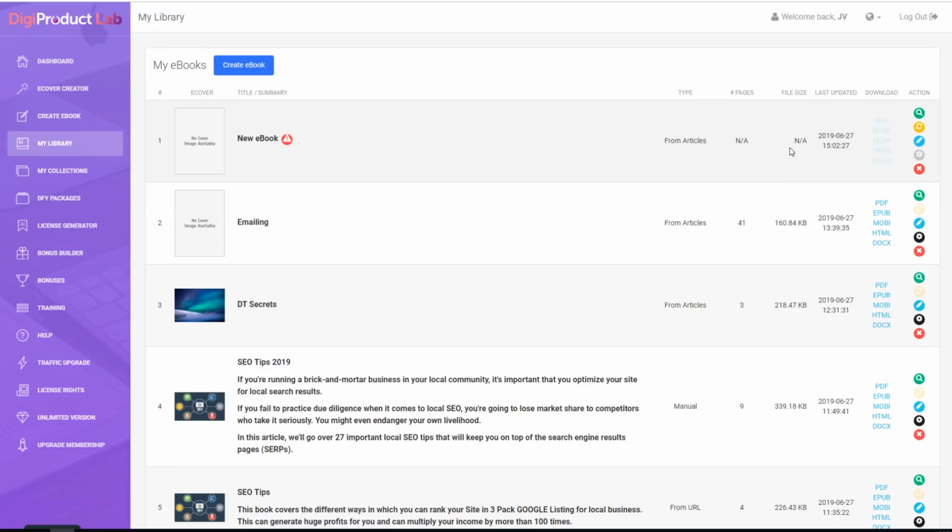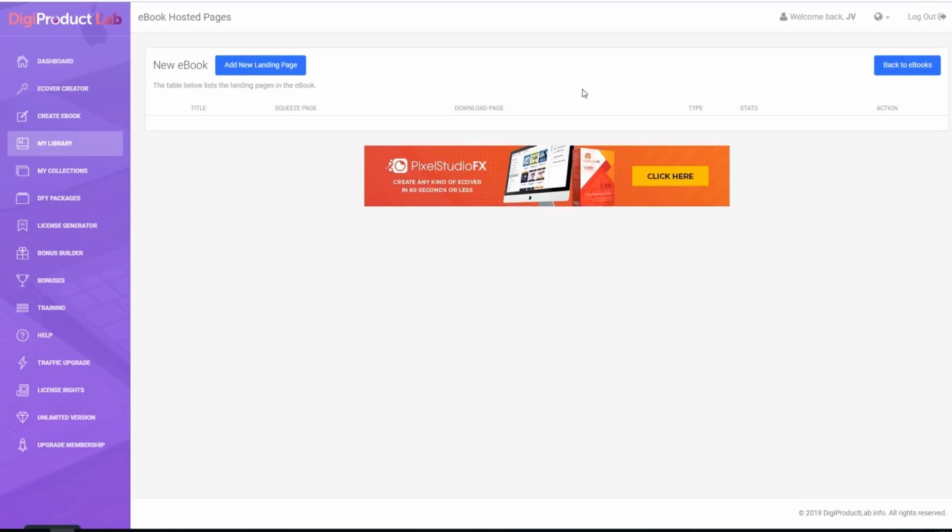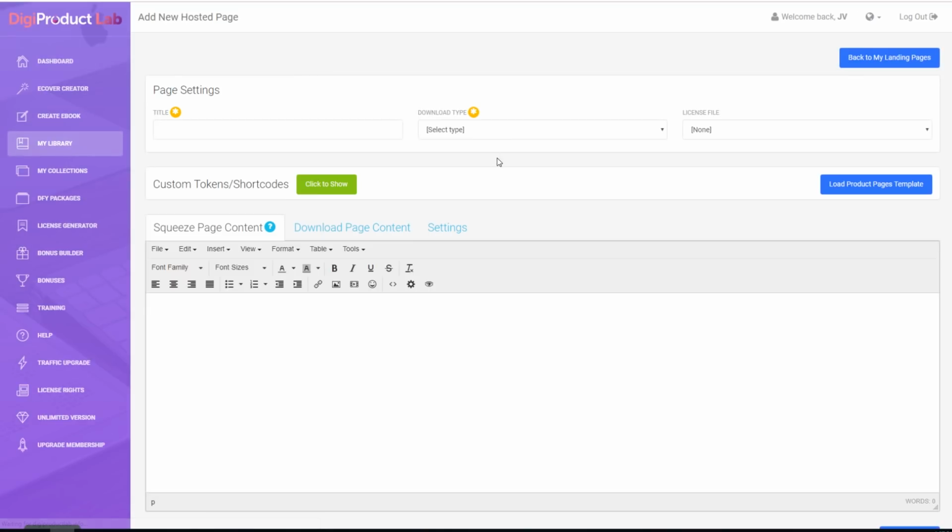And what you can do now is edit the landing page for the ebook so you can acquire new leads onto your email list. Okay, there it is. And we're going to go to Manage Landing Pages. And inside here, you can add a new landing page for your ebook. And you can title it. So we'll just title it Make Money